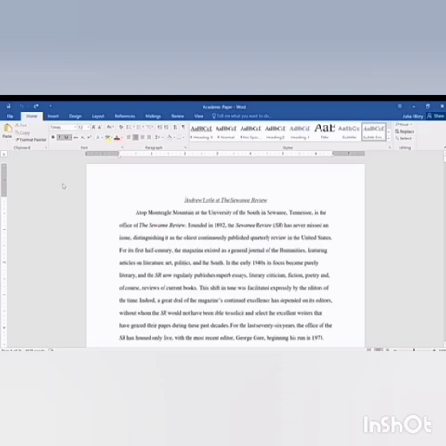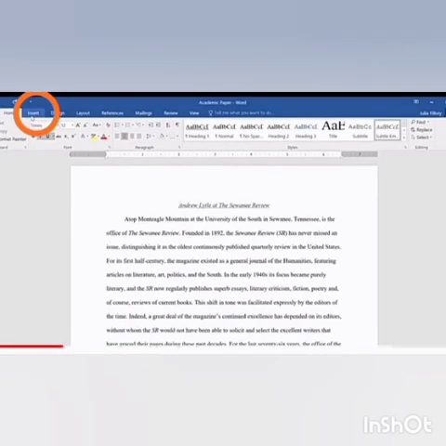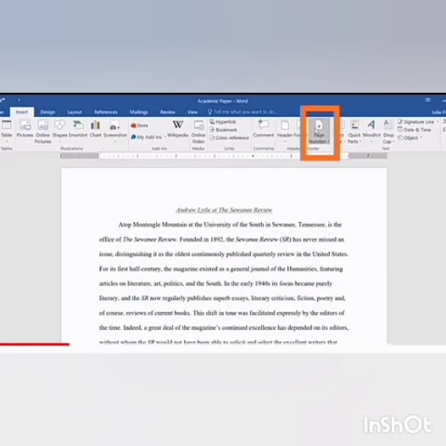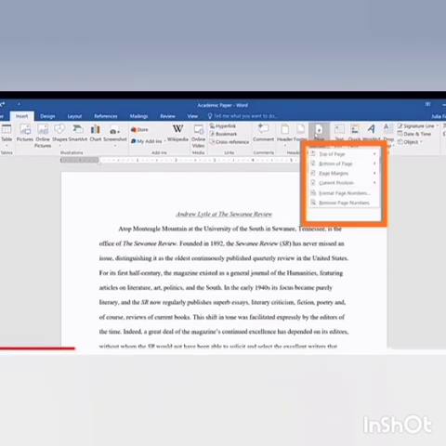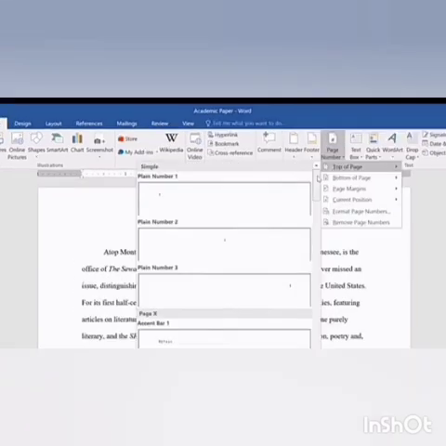Open a Word document and type paragraphs in different pages. Click on the Insert tab, then select the Page Number command. We can see different types of page number options. Here, we select the Top of Page option from the list.